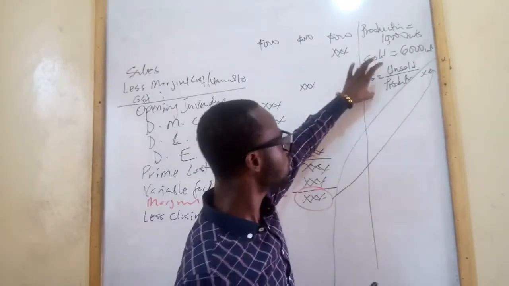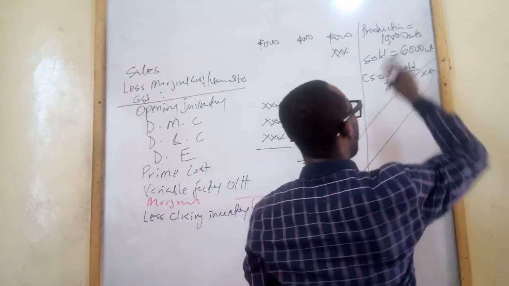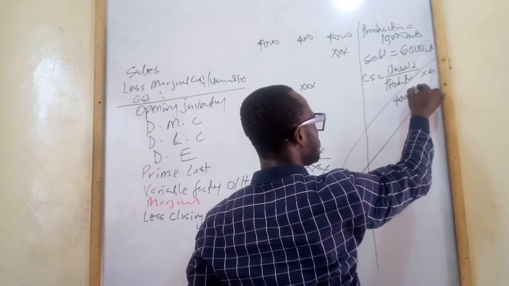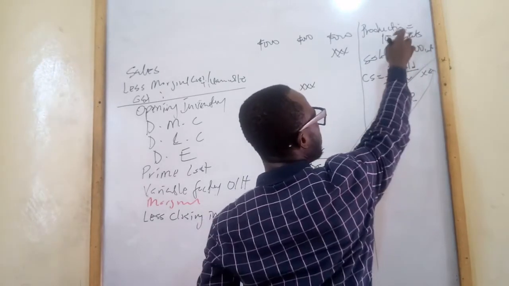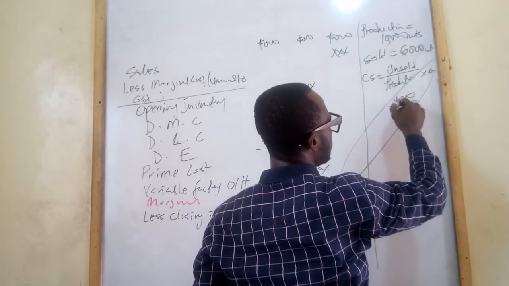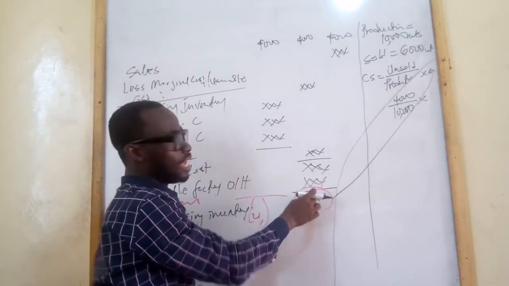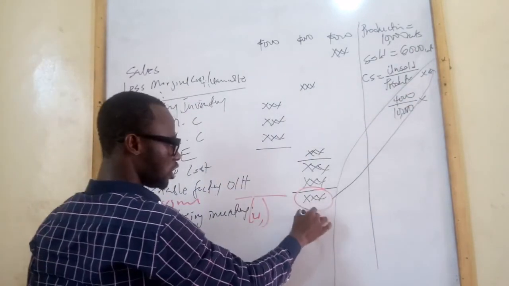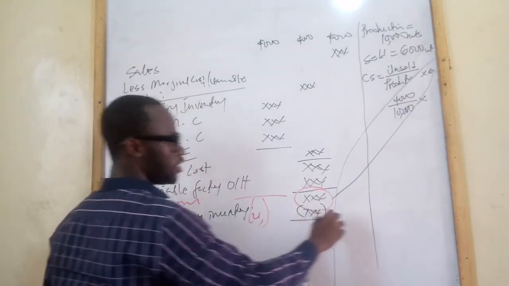So your closing inventory value is going to be the unsold output. In this case, our unsold output will be 4,000 divided by the total production, which is going to be 10,000, times whatever figure you get here. That will give you the value for the closing inventory. So when you get a value for the closing inventory, you now get